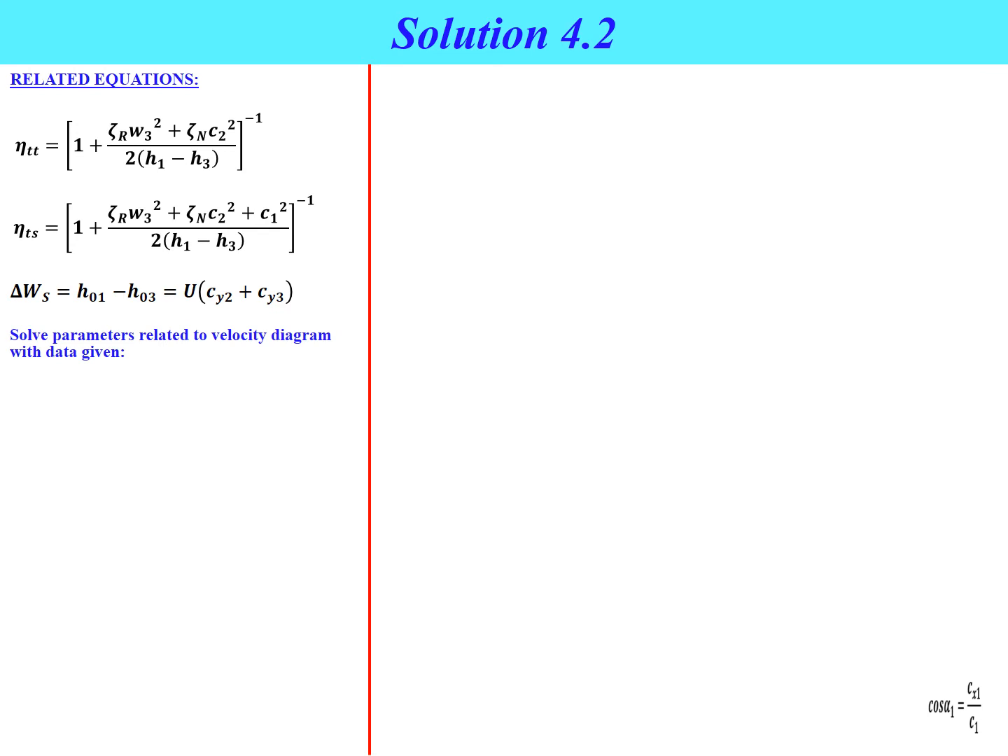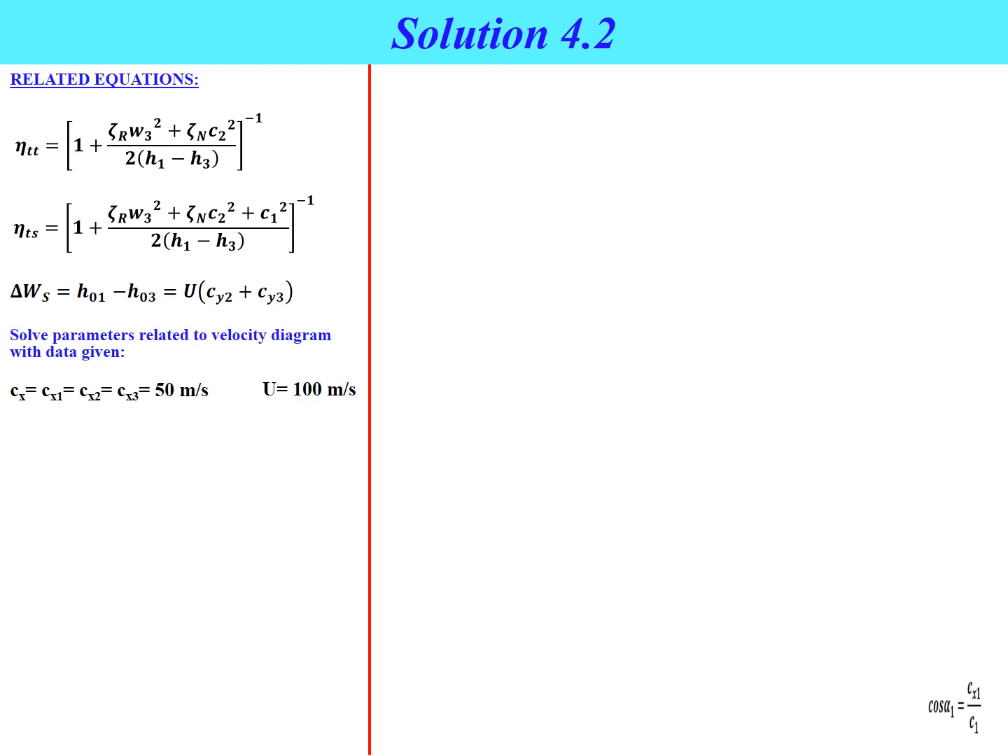Okay, so first solve the parameters related to the velocity diagram with the data given, where Cx equal to Cx1 equal to Cx2 equal to Cx3 equal to 50 meter per second. So we will have a constant axial flow value as we learned in the previous chapter. Okay, and if you look at the equation, it will involve a number of parameters that can be obtained by using the